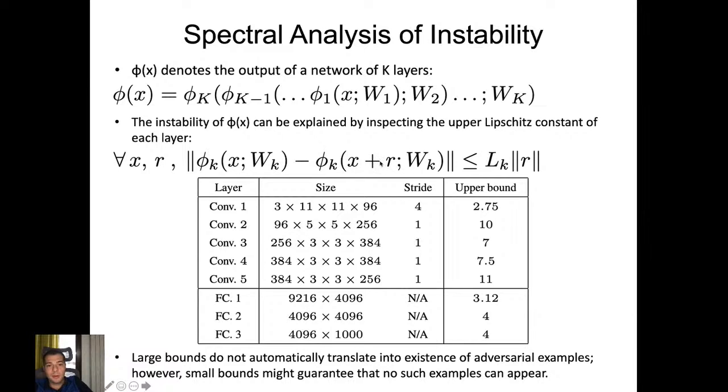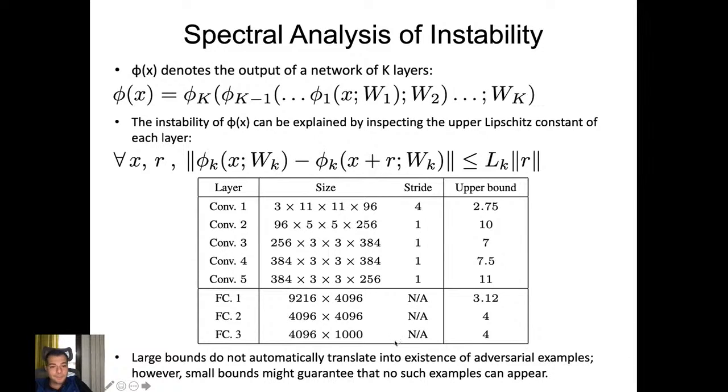Essentially this tells us how much this layer varies with respect to the variation of the input X. Okay, so they compute these Lipschitz constants for these layers of the AlexNet architecture,